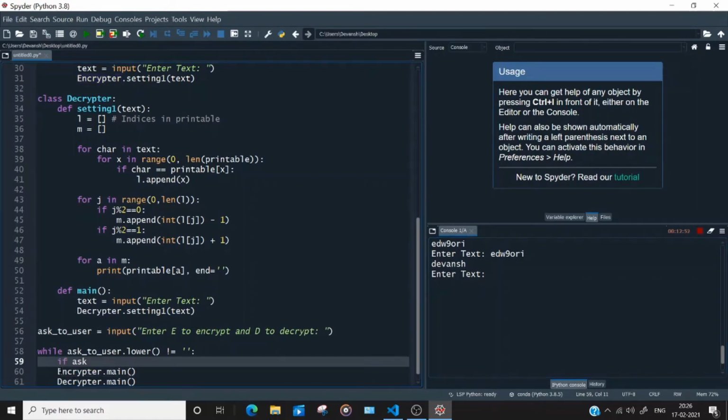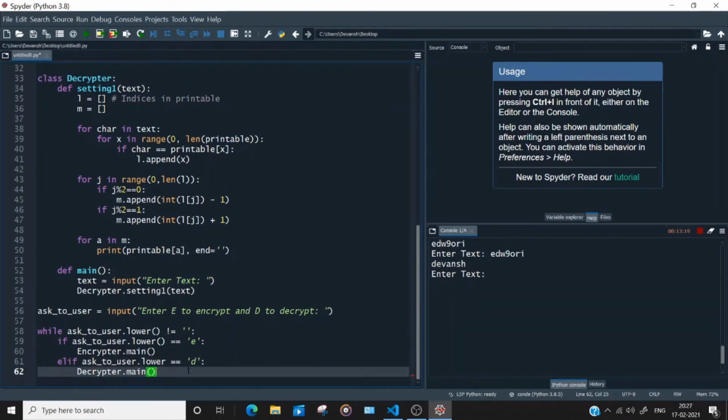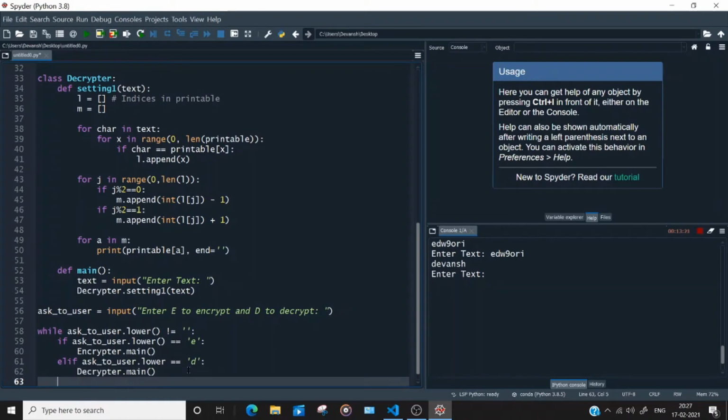If ask_to_user.lower() equals E, then call encryptor.main, else if we will be handling all the errors here. Ask_to_user.lower() equal to d, then go with this way. Else